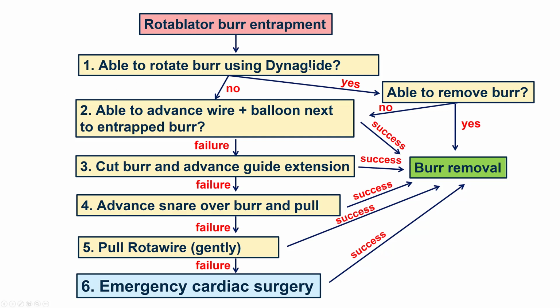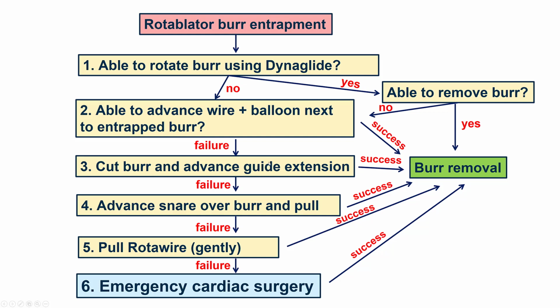Sometimes the Dynaglide can be used to get the burr started again to rotate, leading to retrieval. If this doesn't work, sometimes a second guide wire can be advanced next to the entrapped burr and balloon angioplasty can be performed in an attempt to release the burr. If this doesn't work, then the shaft of the rotablation burr is cut and then the plastic sleeve removed and